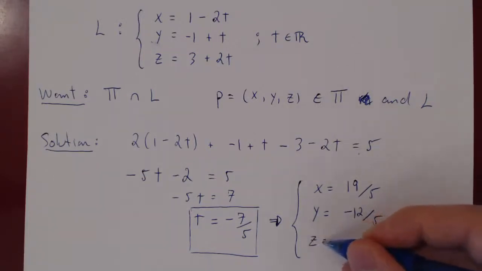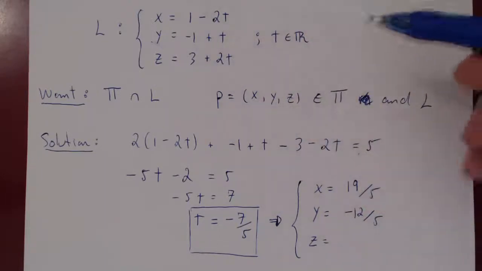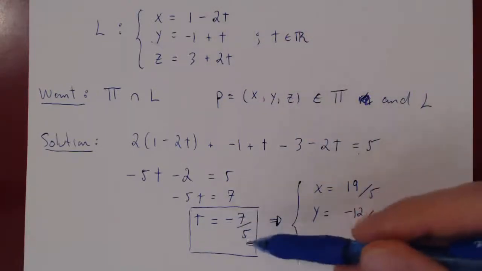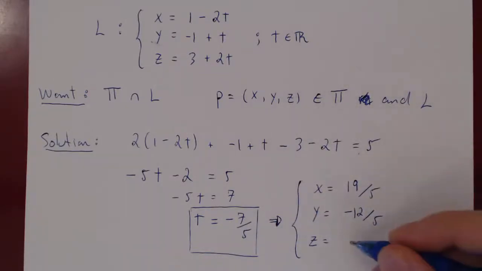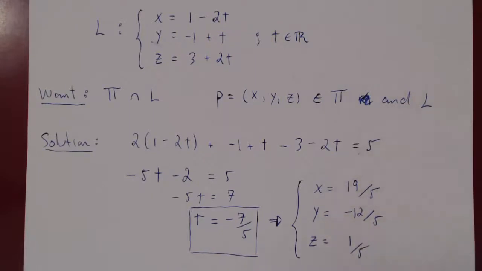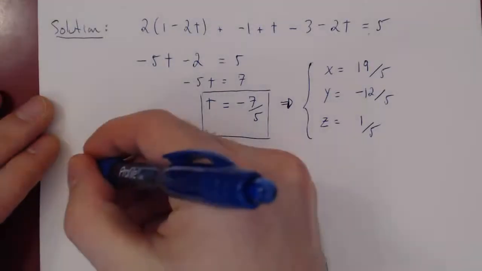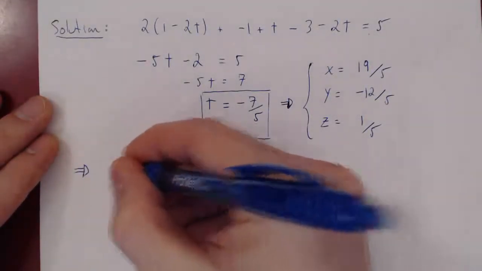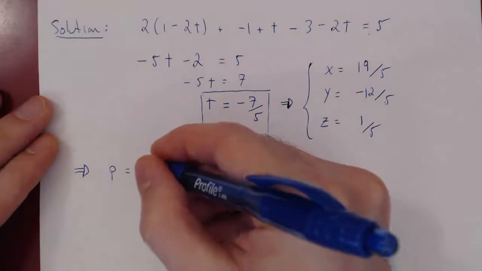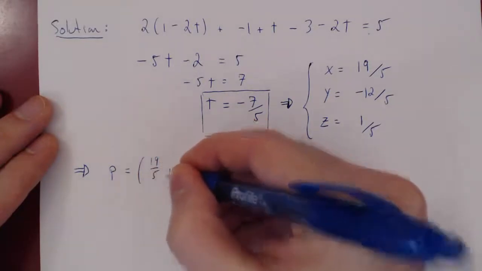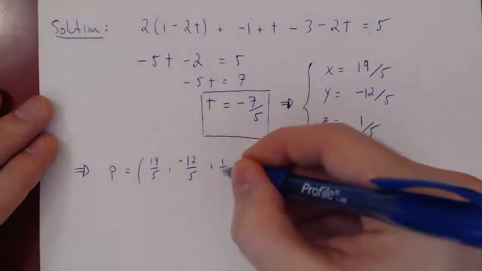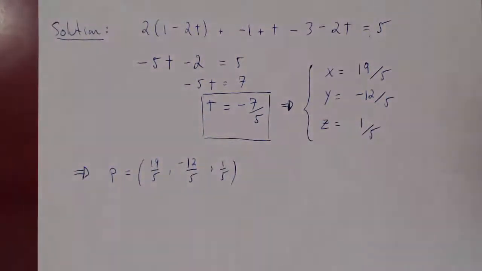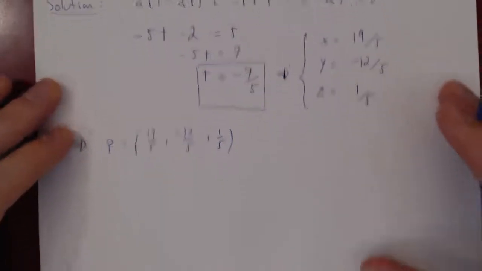And as that component of our point, 3 plus 2t, well, 2 times this will give you negative 14 over 5, but 3 is 15 over 5. 15 minus 14 is just 1 over 5. And so we have our unique point of intersection. The point P is equal to (19/5, -12/5, 1/5). So if you were to visualize our conclusion, we had the plane pi,